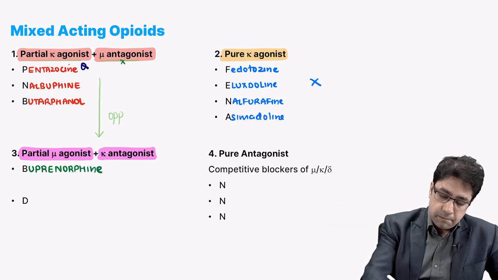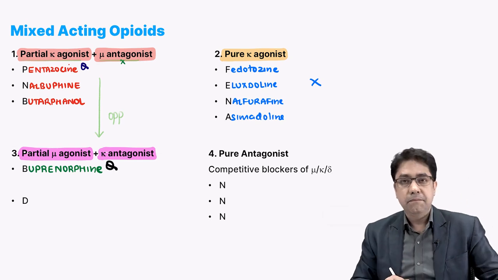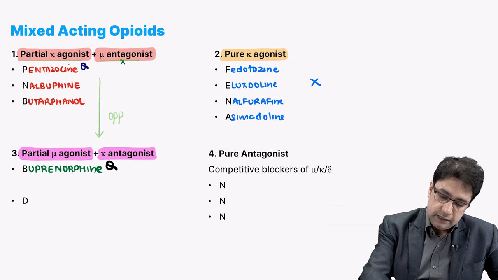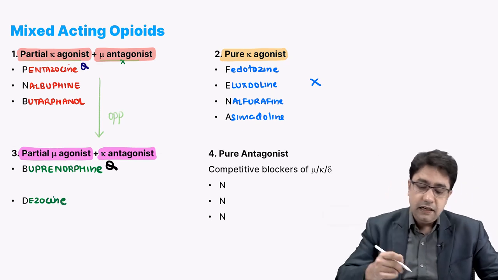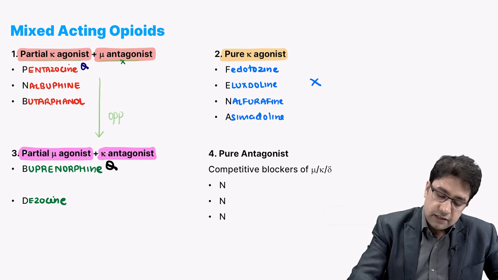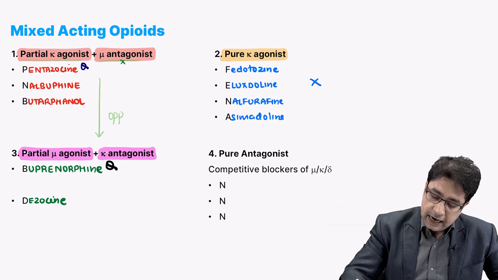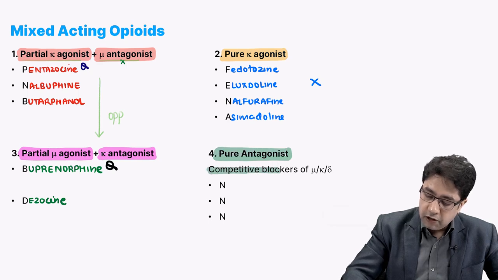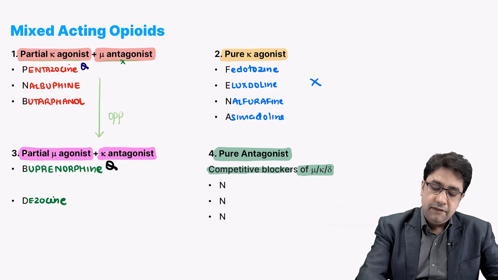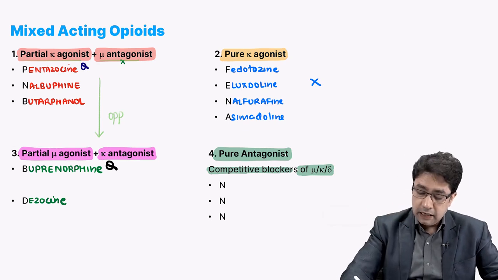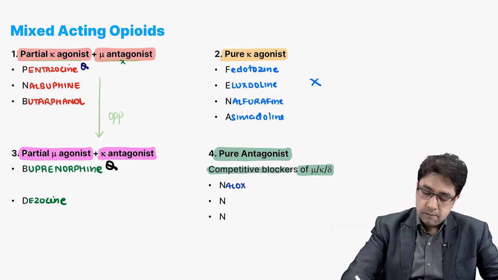Buprenorphine is a partial mu agonist, kappa antagonist, and dizocine. So the drugs which I have marked with a question mark, you must remember those drugs. Lastly, we have a class of drug which is a pure antagonist. Pure antagonist means they will block all receptors. These drugs are competitive blockers of all three receptors, mu, kappa and delta, and they will have the word "nal" in them. "Nal" word means naloxone,